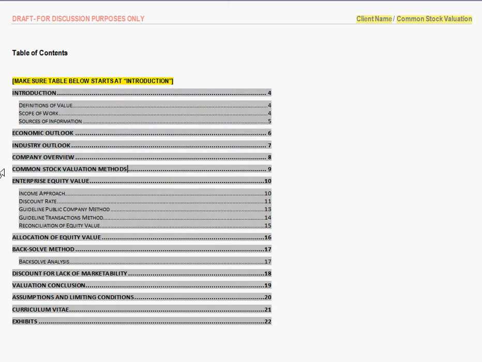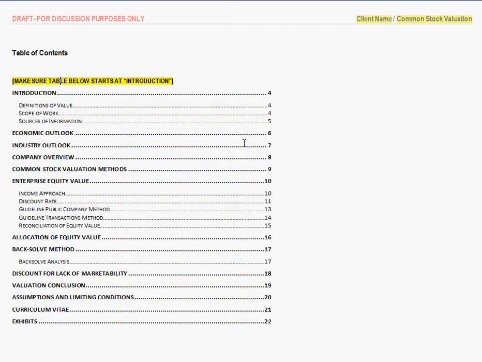So that's where we describe how we are going to value the stock, because stock needs to be valued. Enterprise value is one of the inputs to that analysis, and it should be viewed as such, and therefore it goes second. But really the whole logic starts with the selection of OPM or PWARM or hybrid method. So that selection will be outlined in this common stock valuation method, and then from there we'll list,